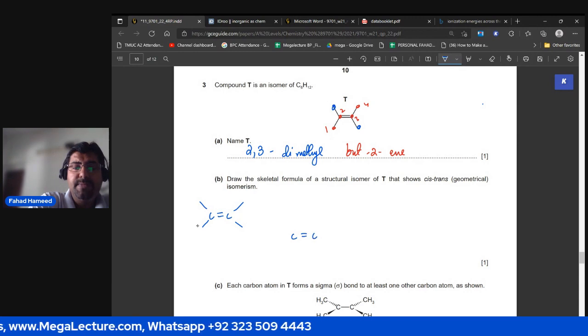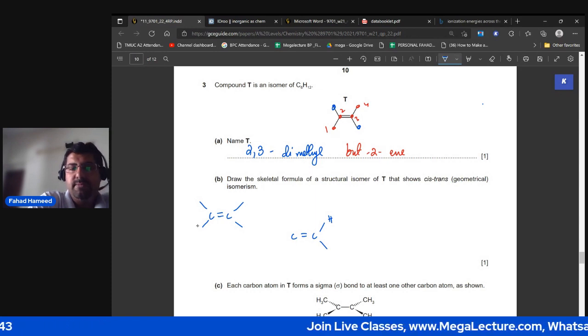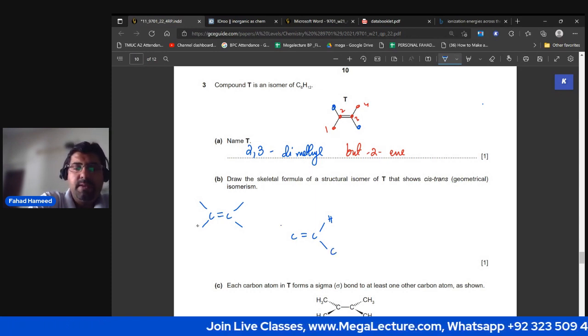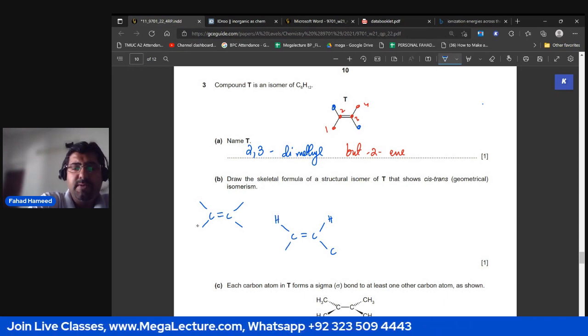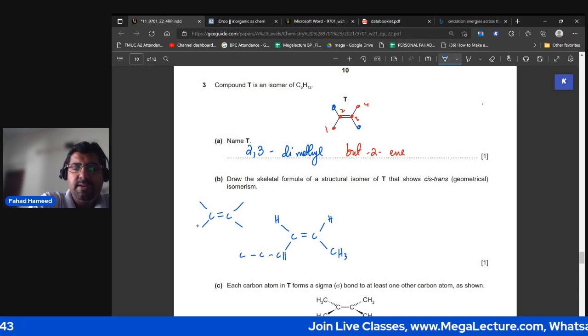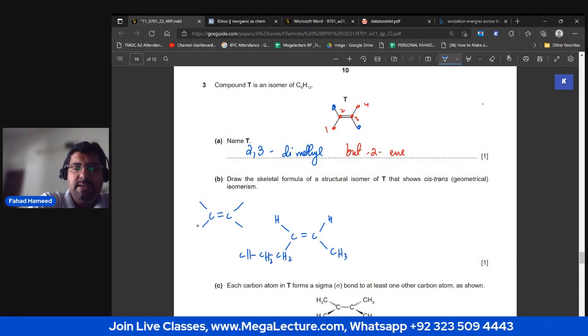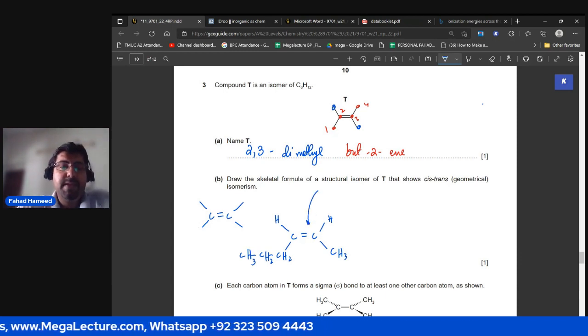What I can do is I can put an H over here, and on this side I can put a carbon atom, right? And on this side it should be different as well. I put an H over here, and I've got 3 carbon atoms left. So I'm going to put all those 3 carbon atoms on this side. So this would be 3 H's, CH3. This would be 2 H's, 2 H's, and 3 H's. So that is a cis version of this molecule. So I've drawn an isomer